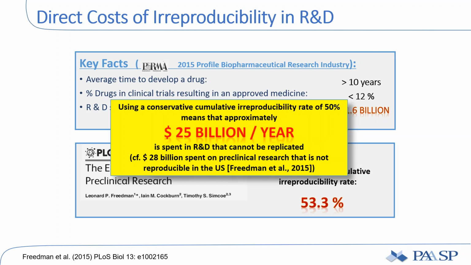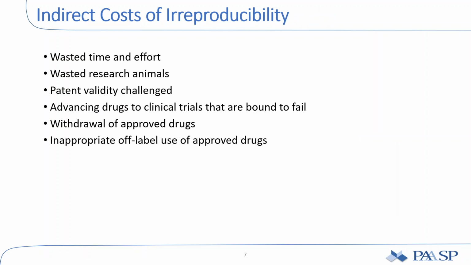And that's a number you really have to let sink in for a moment. Most likely, all of us combined in our entire lifetimes will not make that much money. So this is a major economic loss to society. But it actually is not only an economic loss, it also has a lot of indirect costs. For example, wasted time and effort, wasted research animals,